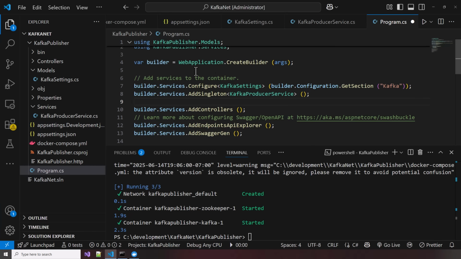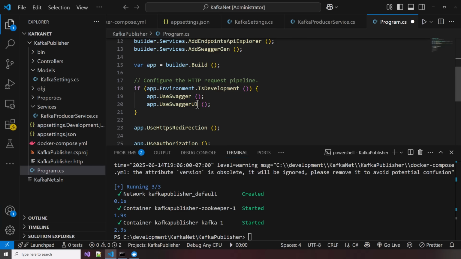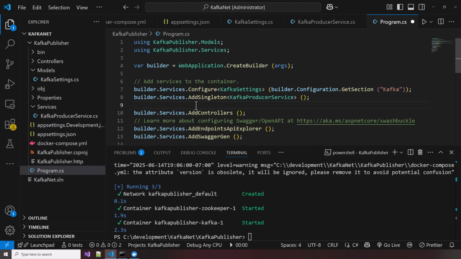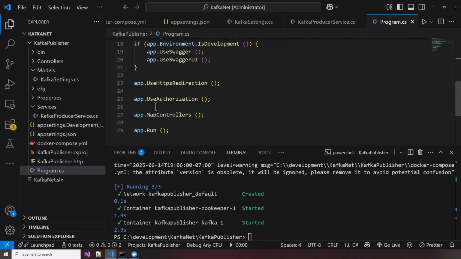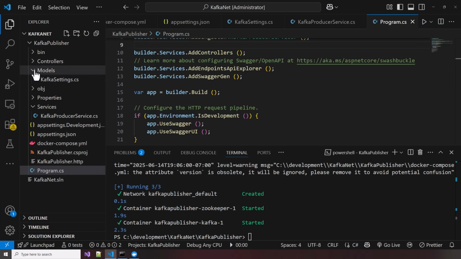All right, so we got our Kafka producer service, add singleton, and the rest should stay the same. Nothing else needs to be changed. That's the default .NET Web API settings for Swagger and so on. Okay. Perfect. All right. Finally, we got to change the